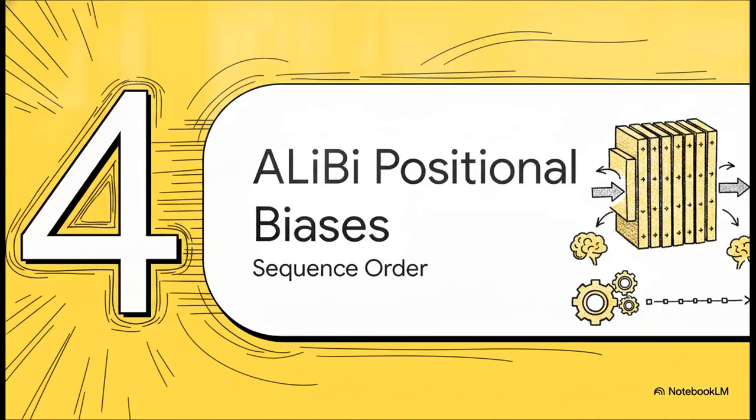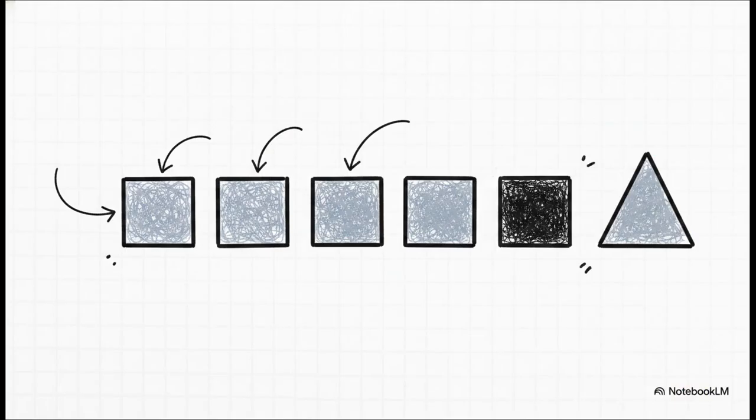Okay, part four, ALiBi positional biases. So we've got our attention running fast, and our sequences are packed tight. Now we need to deal with how the model actually understands the order of tokens. Because remember, standard attention is totally order agnostic. Normally you'd use absolute or rotary positional embeddings here, but for this build, we use ALiBi,